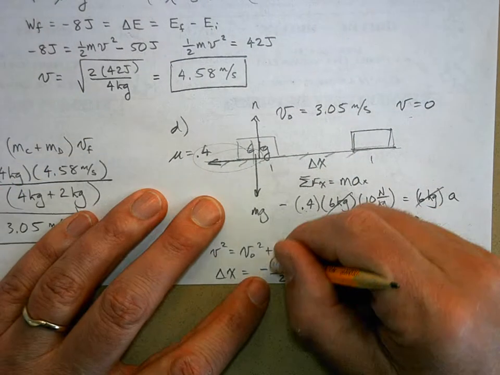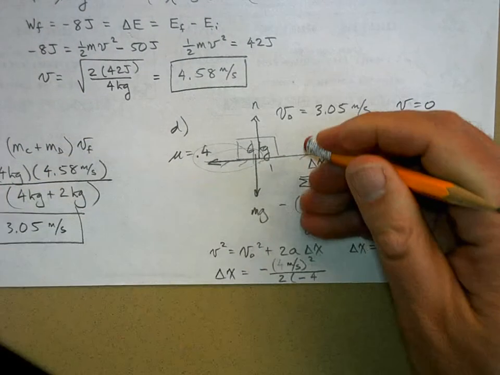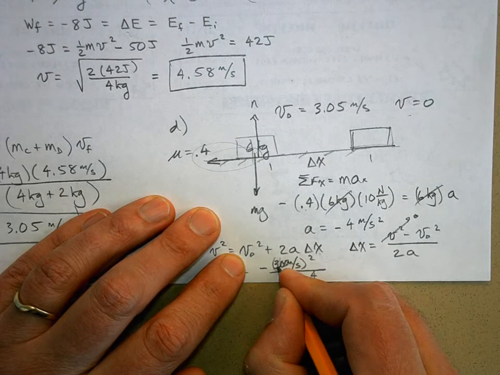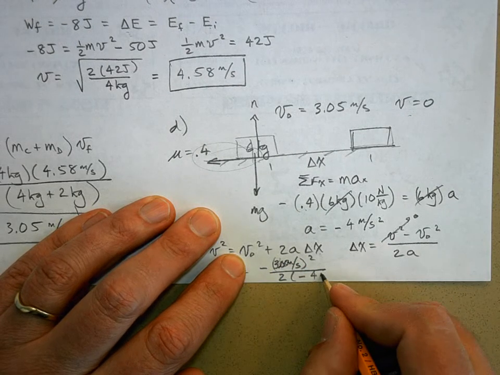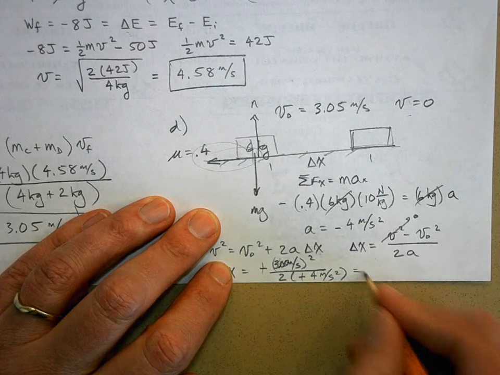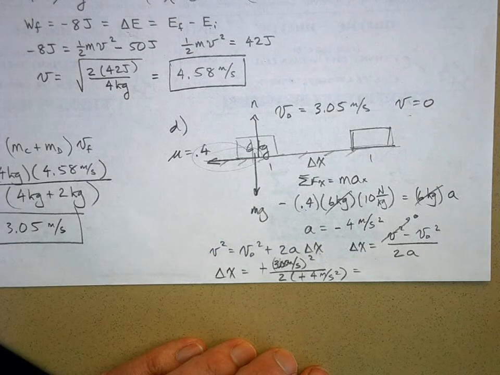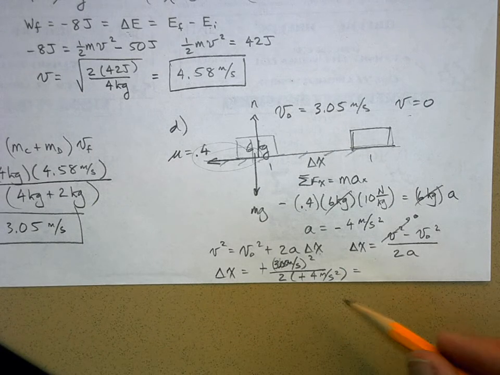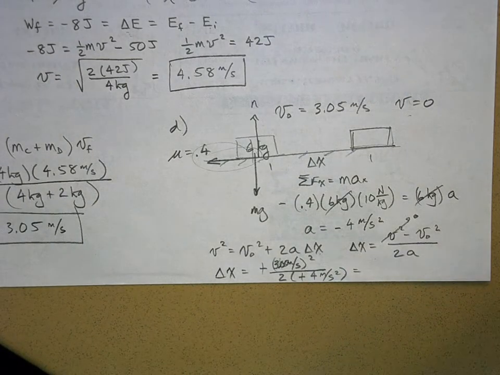Velocity is 3.05. Yeah. And 4 meters per second squared. And this is nice because the negatives cancel. You get a positive displacement. And you plug the numbers in there. You get 9 divided by 2 is 4.5. So it's a little over 1 meter or something? 1.16